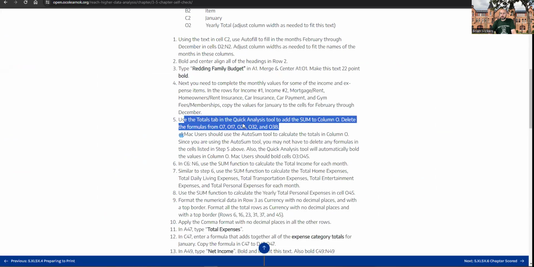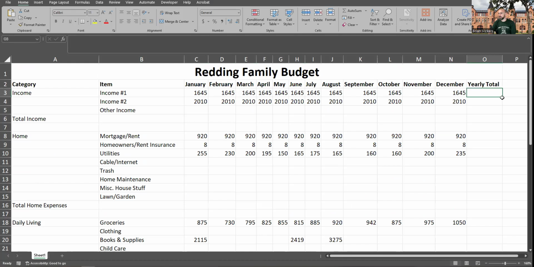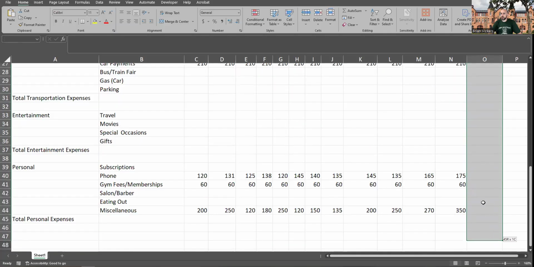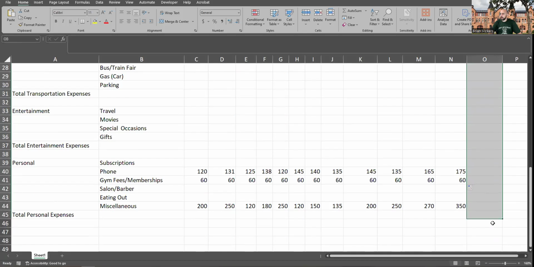So use the totals tab in the quick analysis tool to add the sum to column O. So we are going to go to this tab right here. We're going to drag it all the way down to the end, and we can see the quick analysis tool pops up. We want to